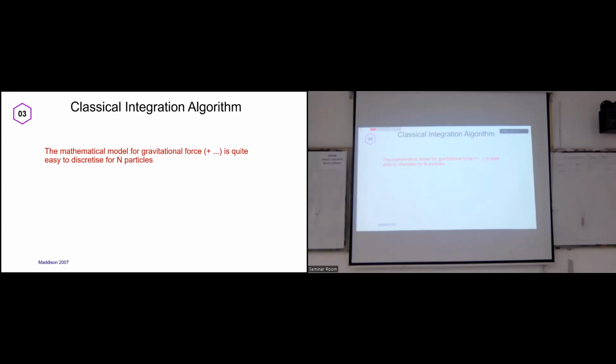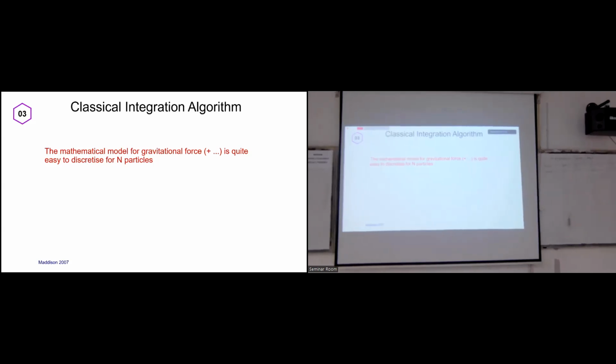For a single object, for example, a planet or for small bodies.